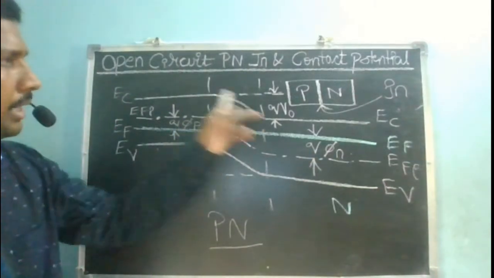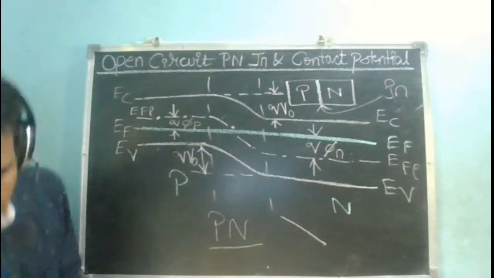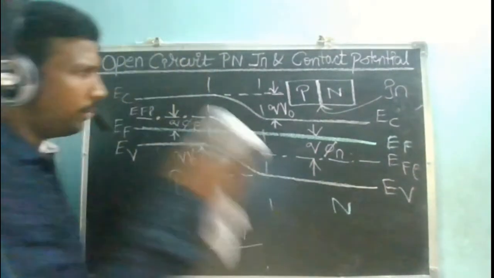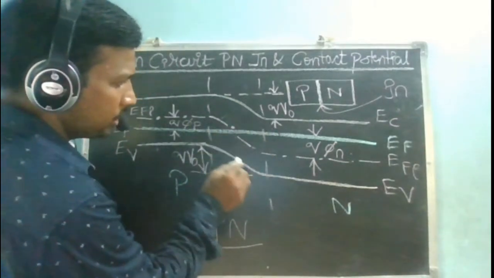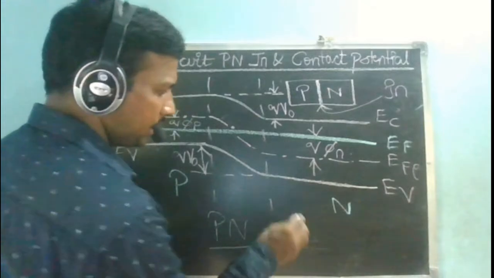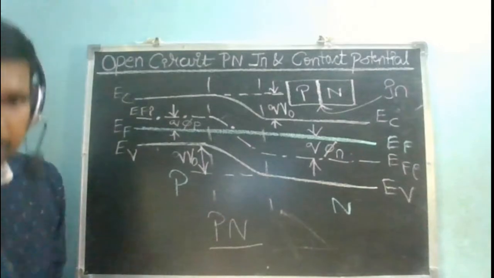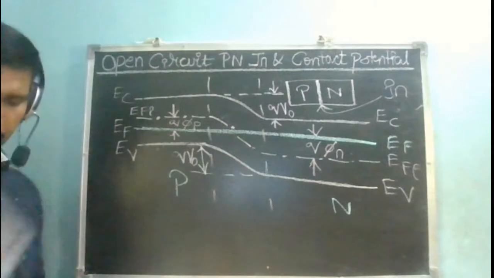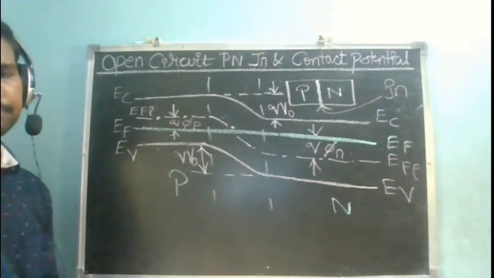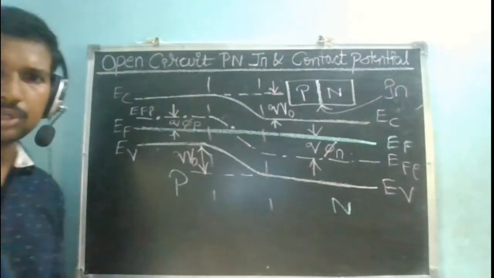Then you join this EC and this EC with a slope. Don't join it like that, it is not good. The slope always has to be non-linear. It should not take a straight line form, it should not take a slant line form. Is this okay? This is the open circuited PN junction energy band diagram, band structure, whatever name you call it. Is this okay? Yes or no? Suppose I ask you to derive an expression for this V naught, how do you derive it?